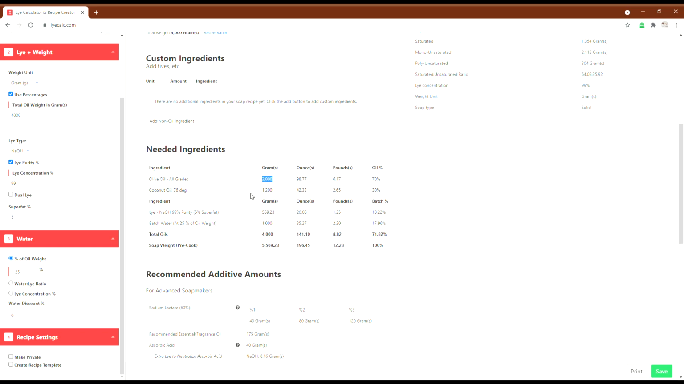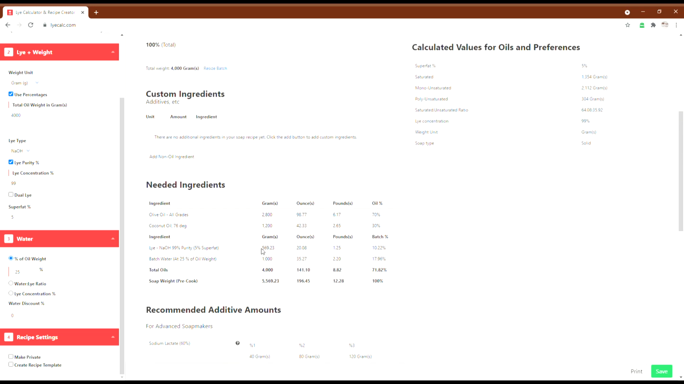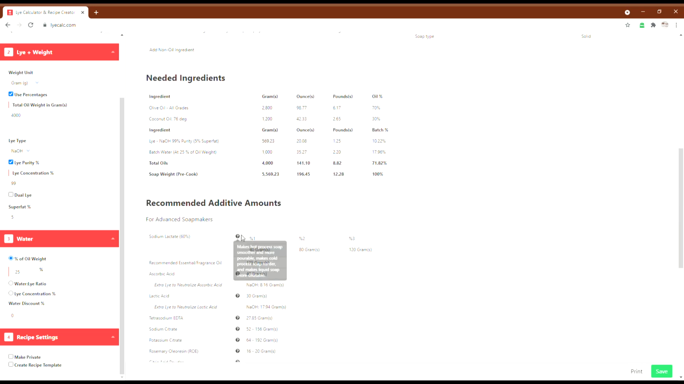2.8 kilos of olive oil, 1.2 kilos of coconut oil, 569.23 grams of sodium hydroxide, and 1,000 grams of water. And if your scale shows 0.23 or 0.2, whatever number, you can just use the lower number. So for me personally, I would just do 569. I don't find an issue with that extra point bit. It's not going to make a big difference at all,